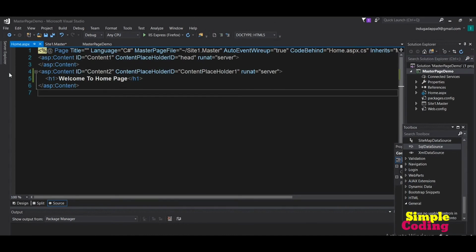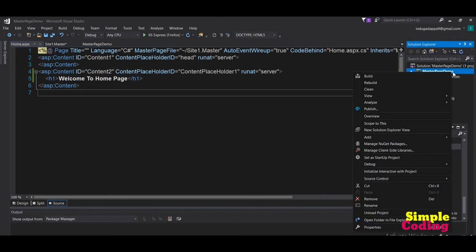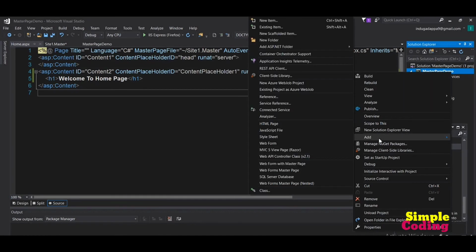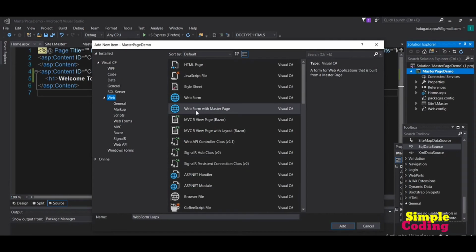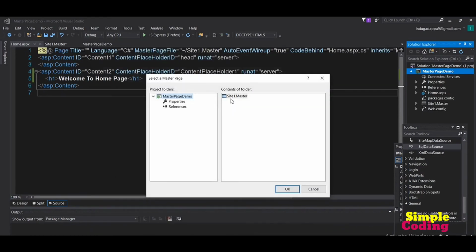Now I will add one more web form to my project. Similarly, go to Solution Explorer, right click on the project name, click on Add, and now click on New Item. Here click on Web Form with Master Page, and I am giving the name About Us, and click on Add. Then we have to click on Site1.master and click on OK.